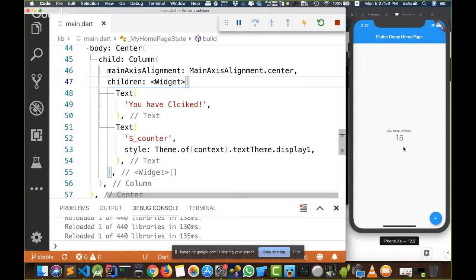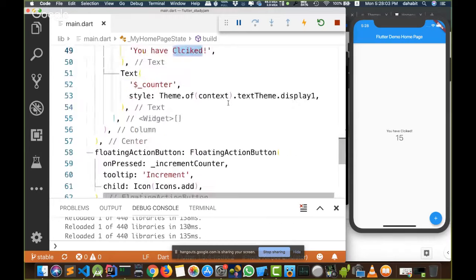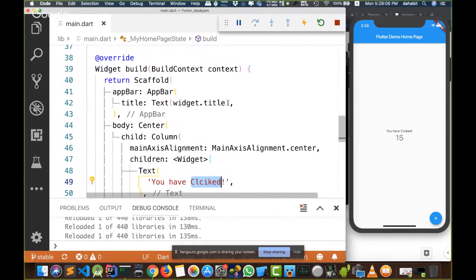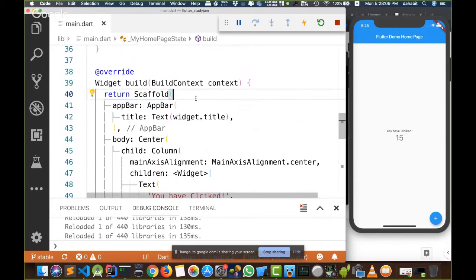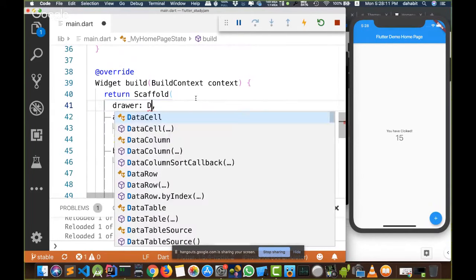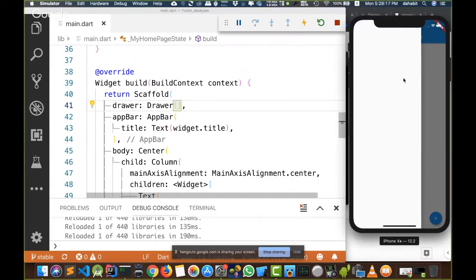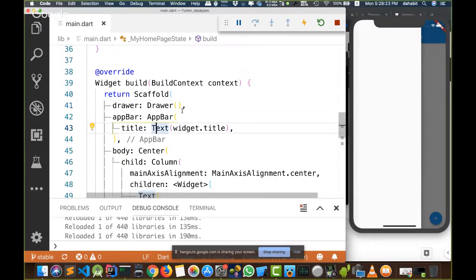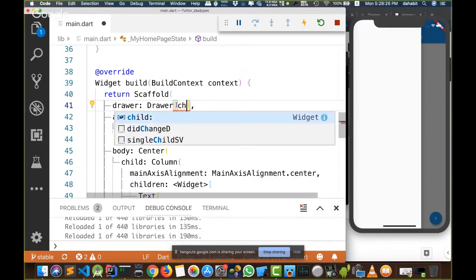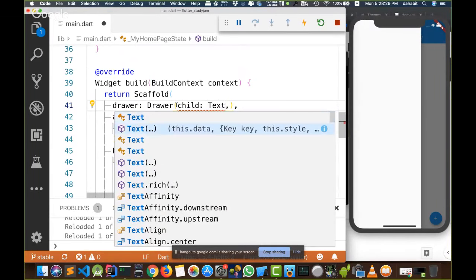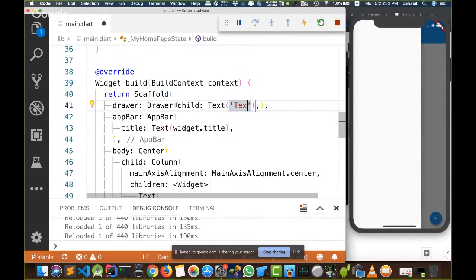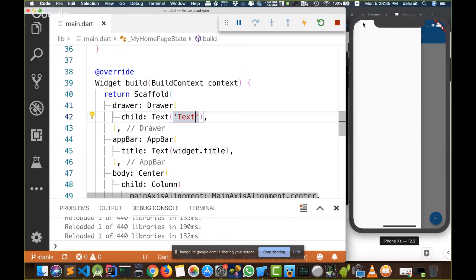In Flutter case, it holds the state. You will be on the same part you are changing, and you will see the changes directly on the screen. For example, if we added a drawer which allows you to add a menu inside our application, it will appear automatically here. If you made any changes, this menu will not disappear. It will still appear and still running on your application, and any changes you are writing inside this drawer, you will find it appears automatically on the screen, as we can see. When I press save, see, our text appears here.